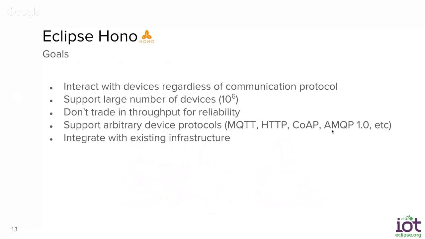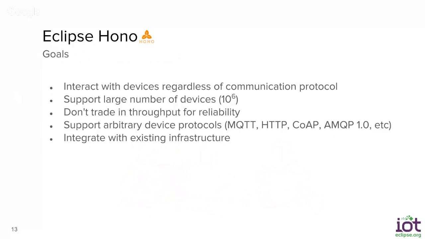So the goals of Eclipse Hono were overall, as Paolo also already pointed out, what the challenges and problems in the IoT are. We wanted to be able to interact with devices regardless of communication protocols. That in particular addresses the issue that there already exist many protocols that are established, that are in use. We do not want to ignore them and replace them by something new and fancy. Instead, we need to leverage all the devices that are in the field and be able to support them. We also want to support lots of devices, so we're talking about millions of devices. That is the scale that we want to address.